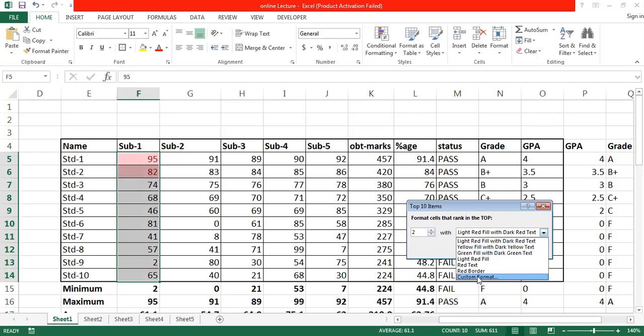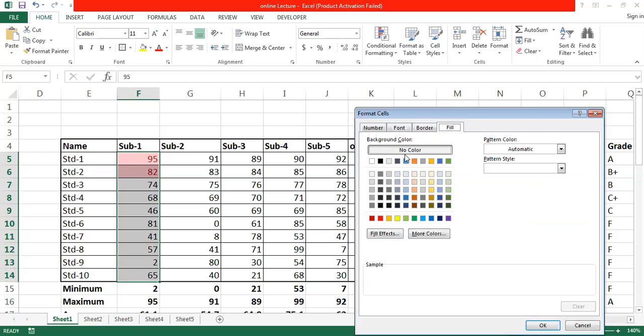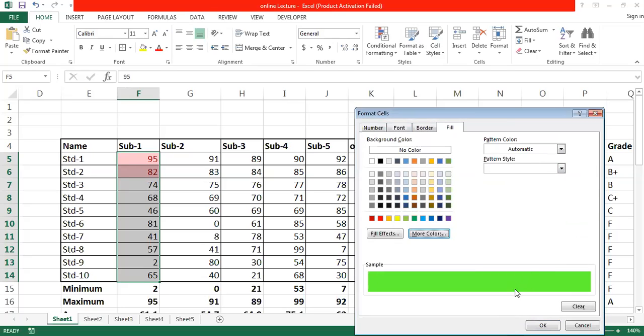So I'm going to select custom format, and here is the border and fill. In fill, I have some colors. If I want to select any more colors, I have this option, more colors. I'm going to click on it. I can select any light color from here. For example, this is the lightest color, light green. Okay, I have selected this color for the highest students or the topmost students who have achieved the topmost score